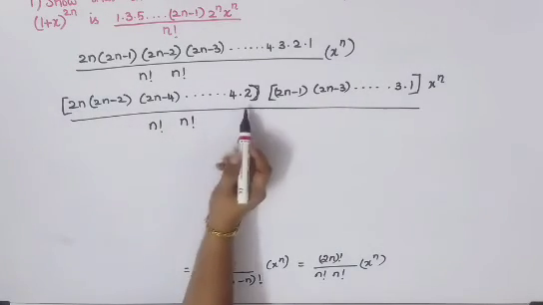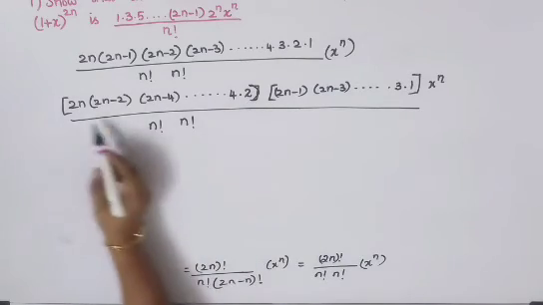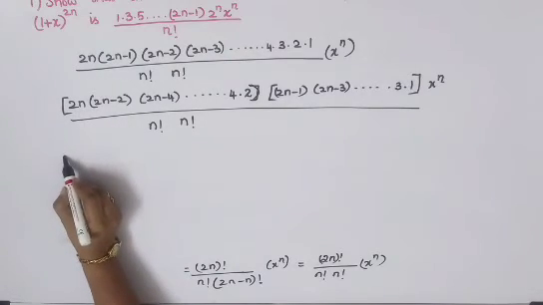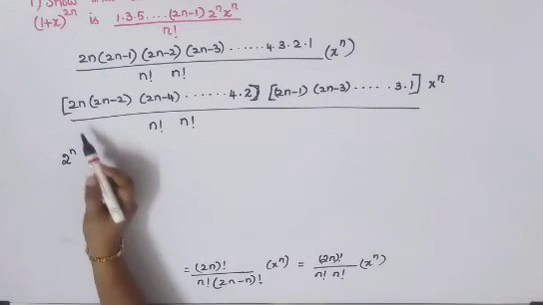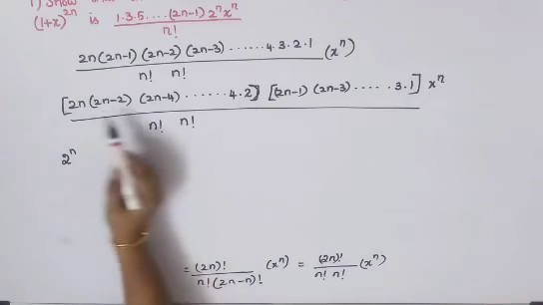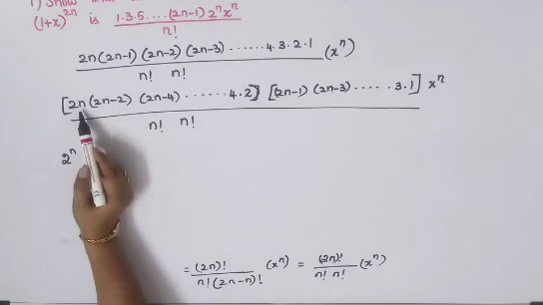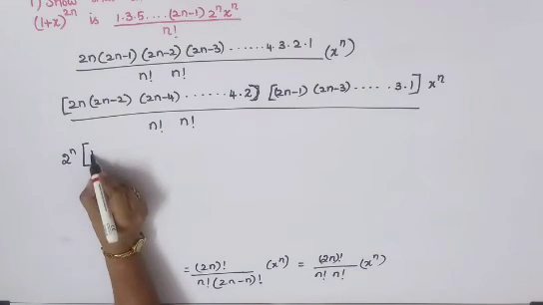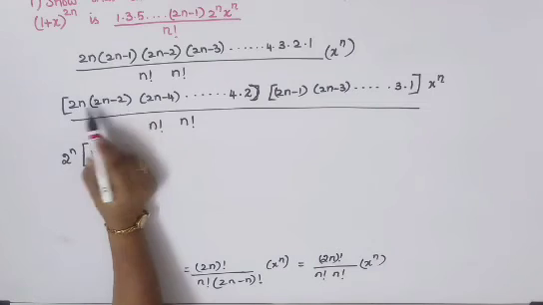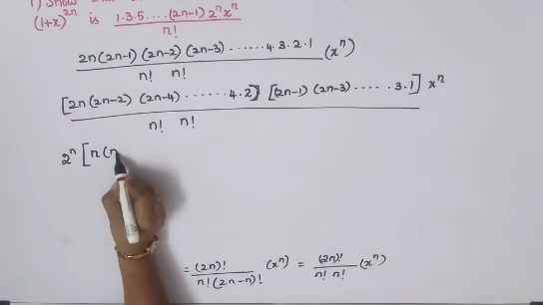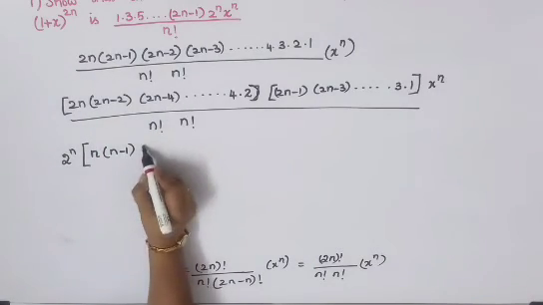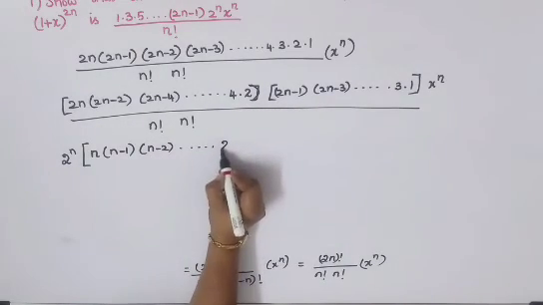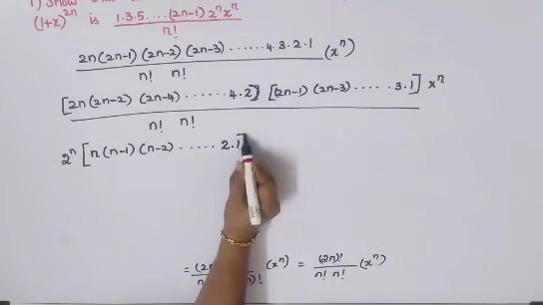Now just take out this 2 common from each term. When you are taking it out, it goes up to n terms, so you will have to take 2 power n, because the whole series goes up to n terms. Not only a single number; from the whole series you are taking out 2. So you will get 2 power n. The next term will be n, so if you remove 2 from here, you will have n minus 1, and from here n minus 2, etc. From here you will have 2, and from here you will get 1.